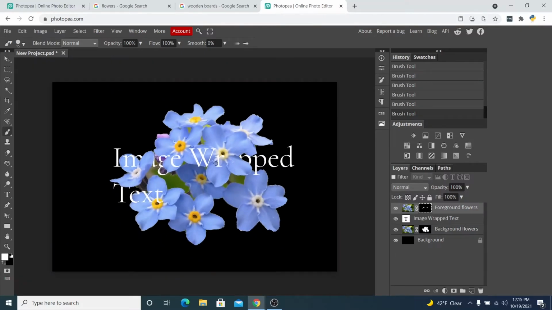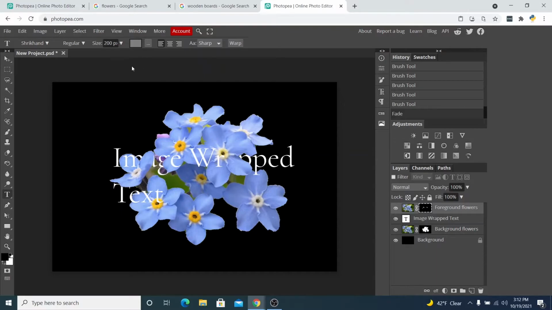And that's all really. And as you can see, it just kind of looks like the text and the flowers are woven together. Sometimes the text is in front of the flowers, sometimes it's behind the flowers, kind of as if they're just really close together and bits of the flowers are covering up bits of the text. So that's all there is to that one. It's really just some carefully placed masking. And so the next one,